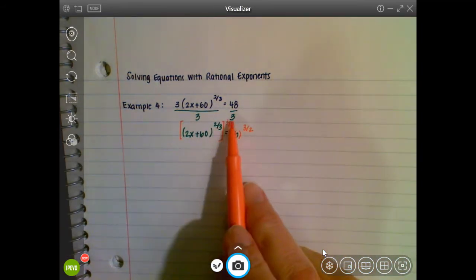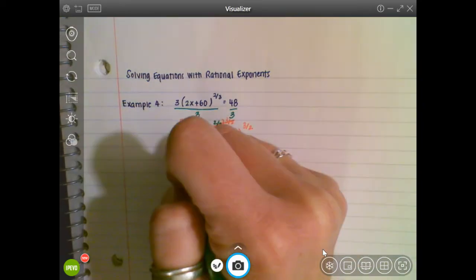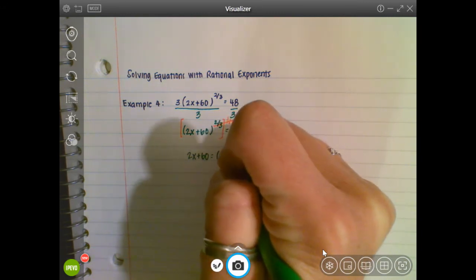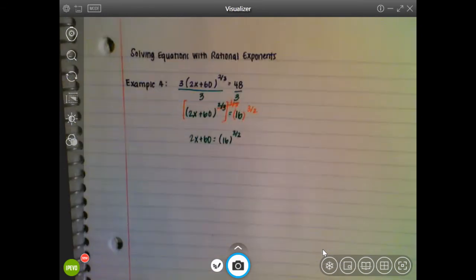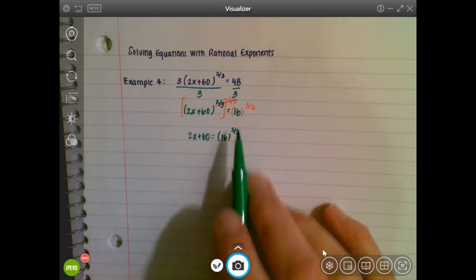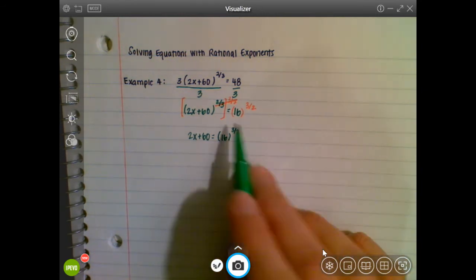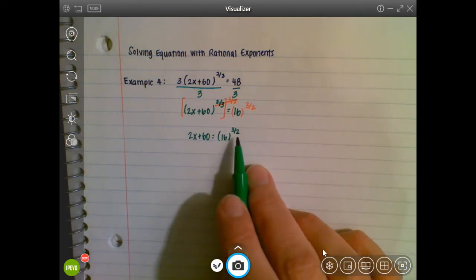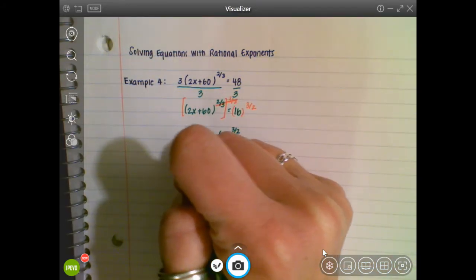So then these two exponents on the left-hand side undo each other, and we're just left bringing down the 2x plus 60. And that's going to be equal to 16 raised to the 3/2 power. So here's something we have to be a little bit careful about. When we do the reciprocal power and we end up with an even number in the denominator, remember that the denominator is representing our index or our root. So if I were to take this expression on the right-hand side and rewrite it, that would mean that our index or our root is going to be 2. So we're going to turn this into a square root. And bring down the 2x plus 60